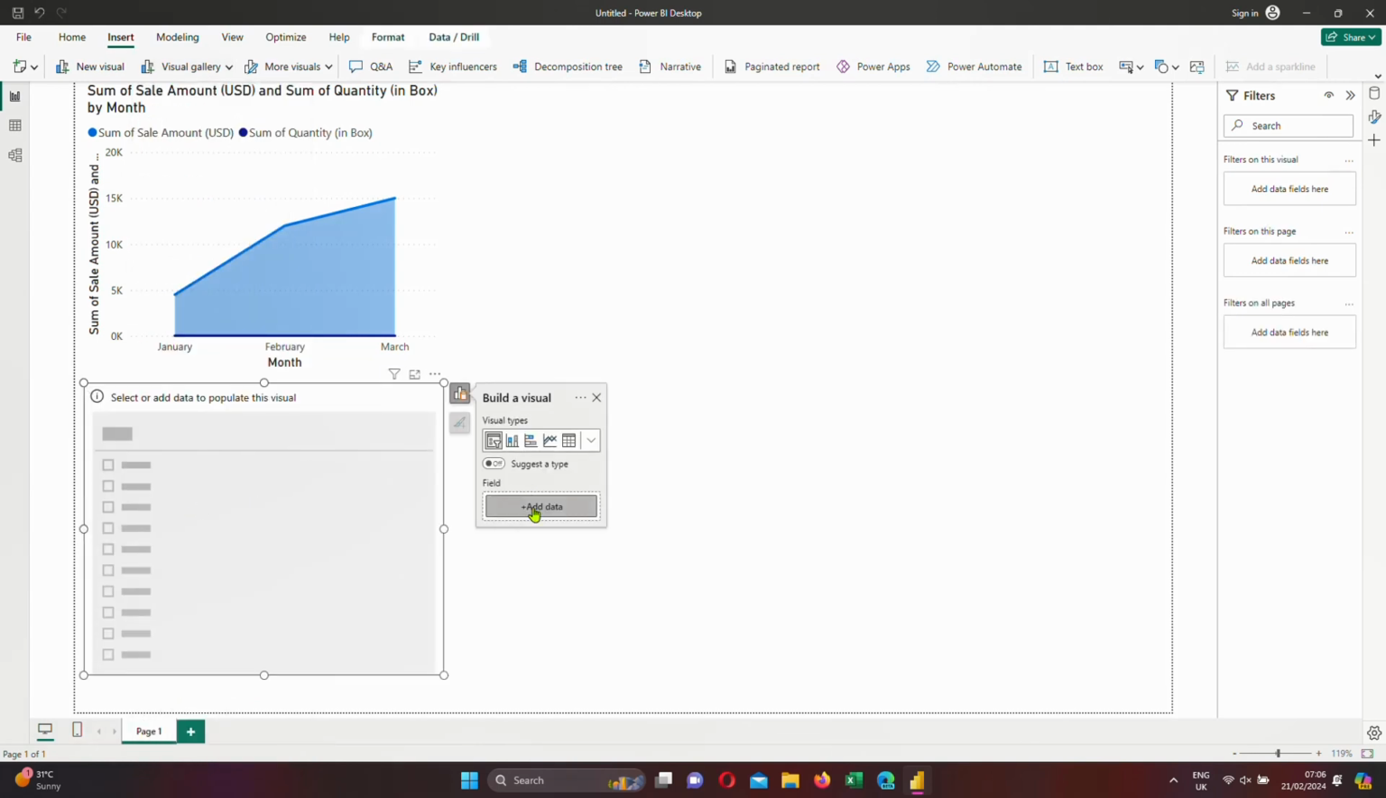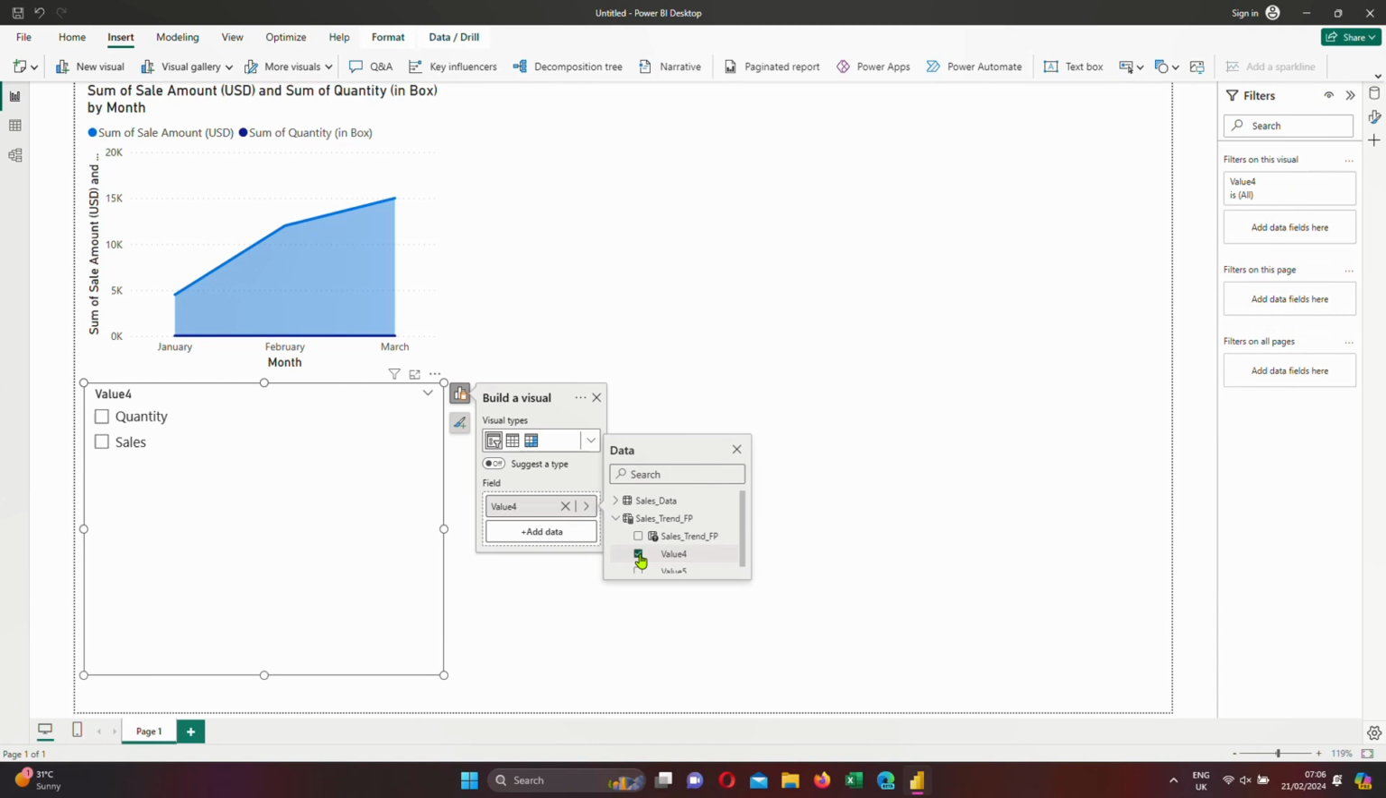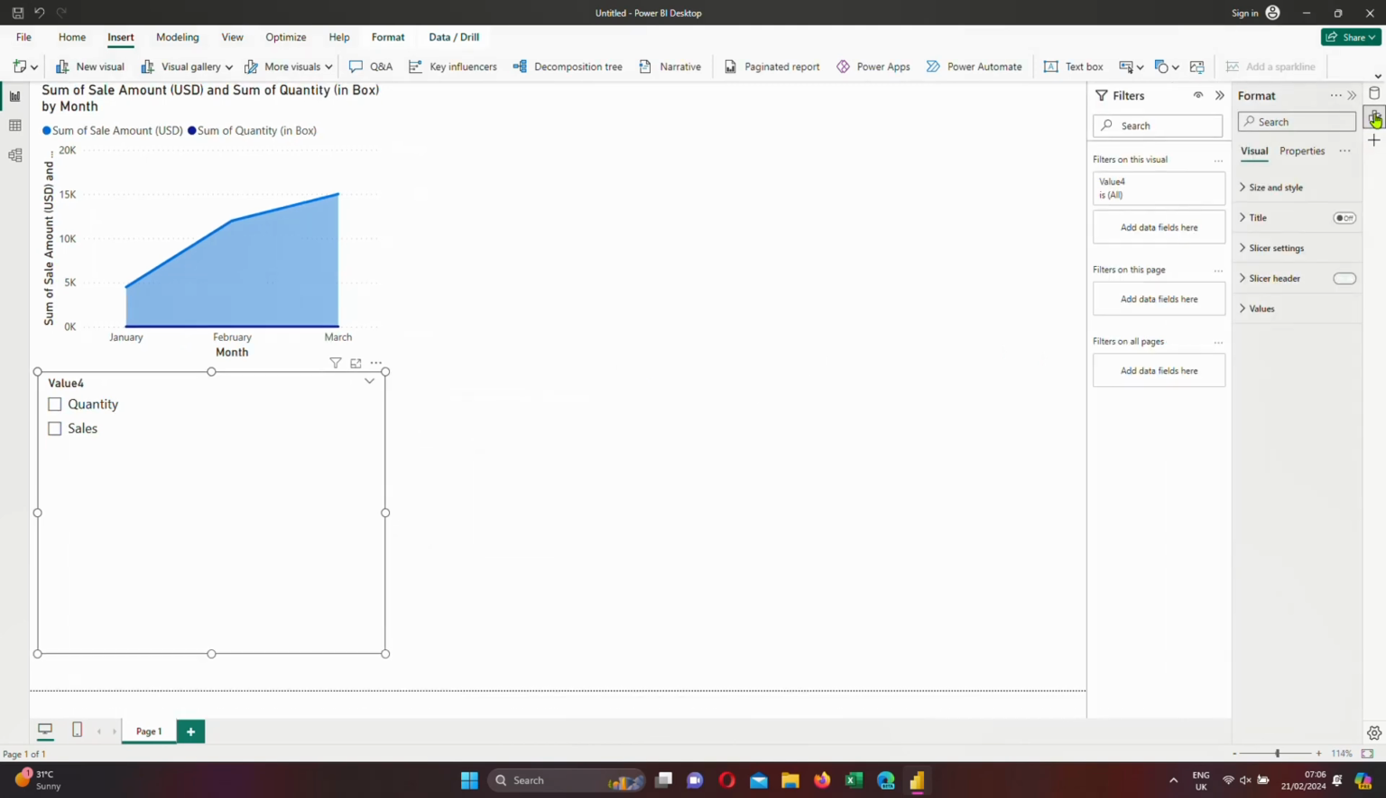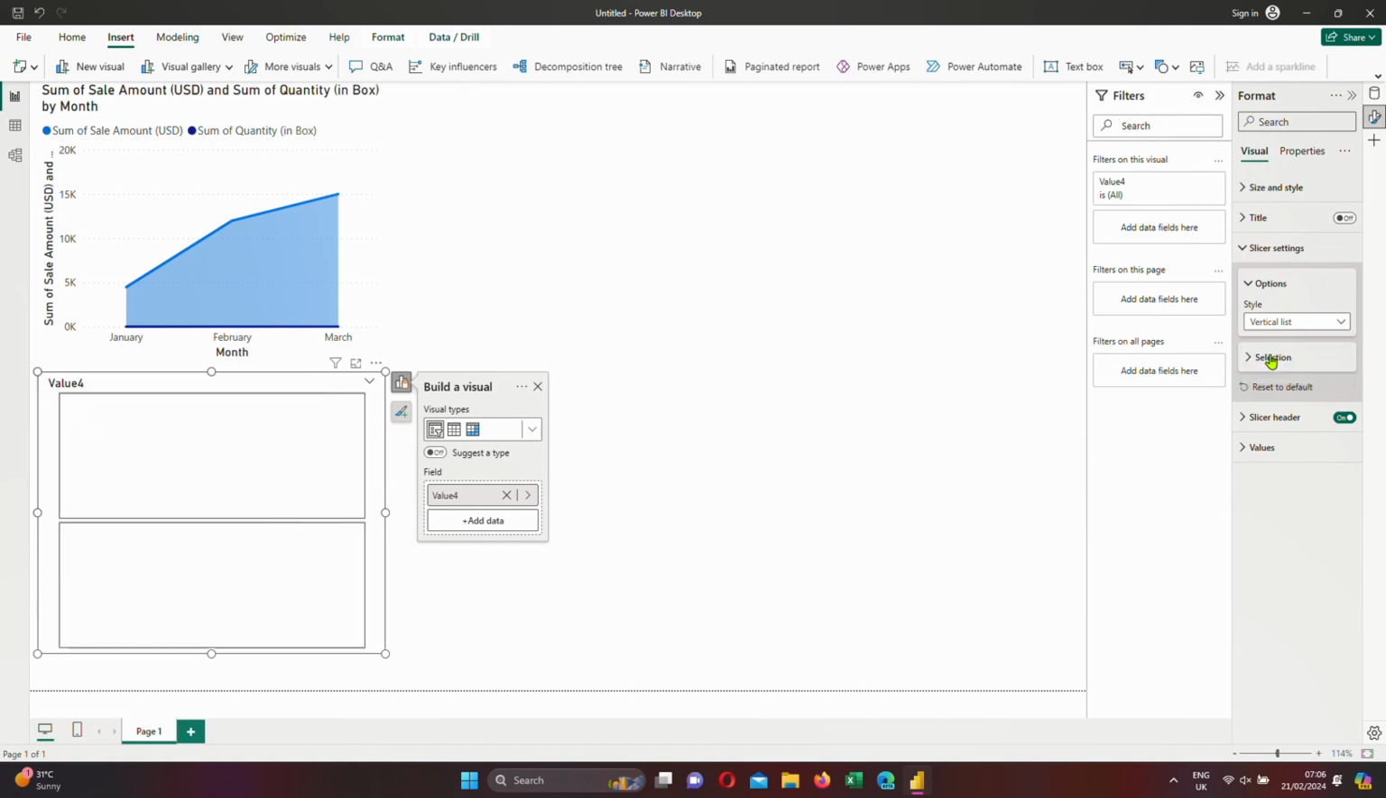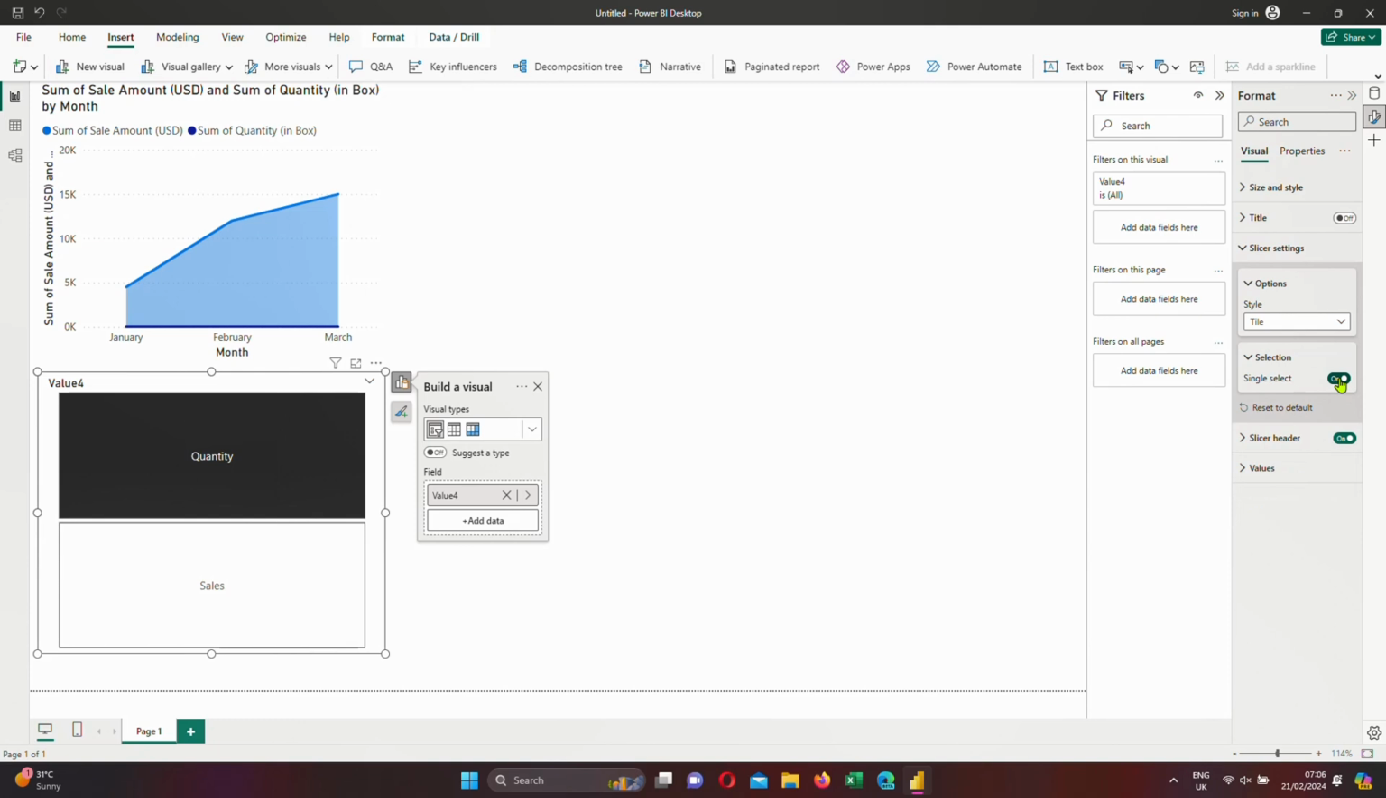and my first slicer is going to be about main category, that is, should it be sales or quantity. And what we can do with this, we can go back to formatting, and we can very well make it look like a tile, and then enable a single selector. Good. So you have a single select as well enabled now, and now we are going to